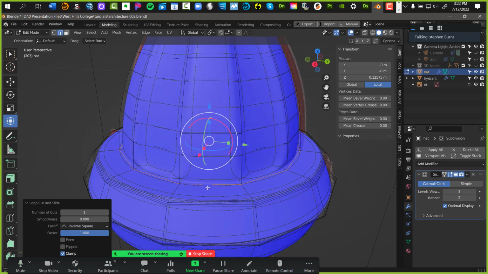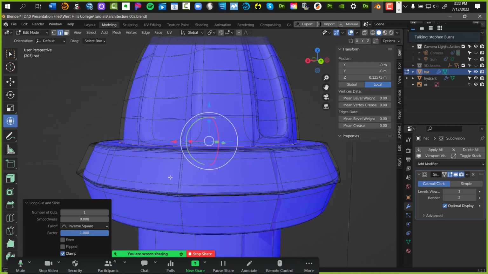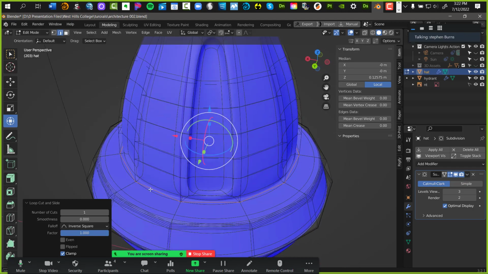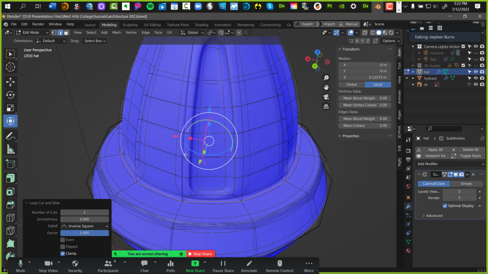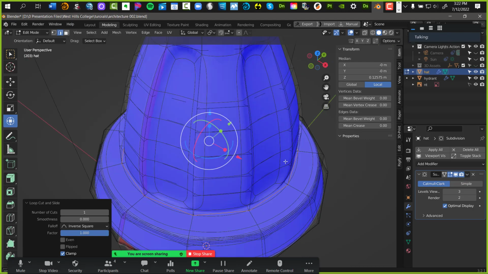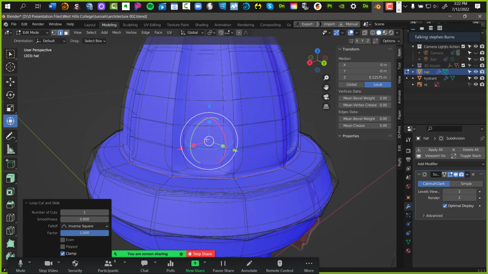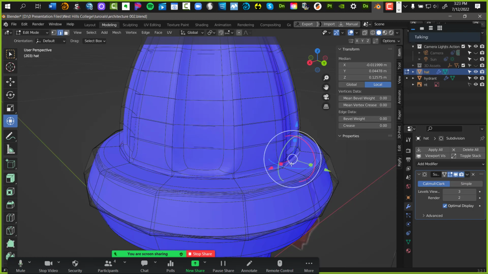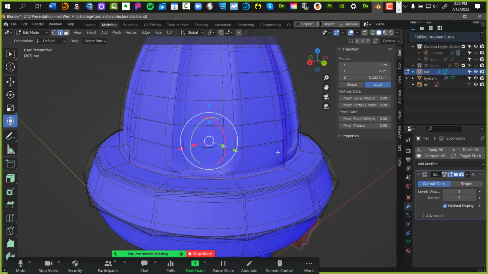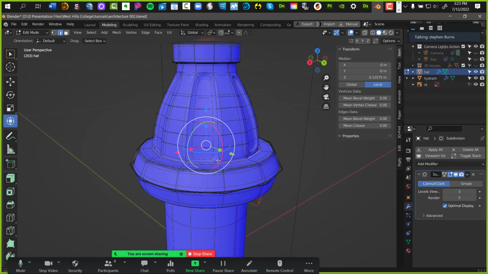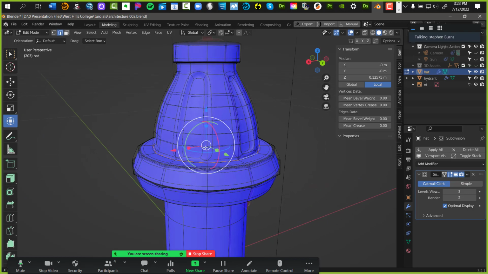All right, now we're going to add in the bolt. Now take a look at this. That's not my 3D cursor. This is called an origin point. I can set the 3D cursor on my origin point because I want the bolt to be up here.